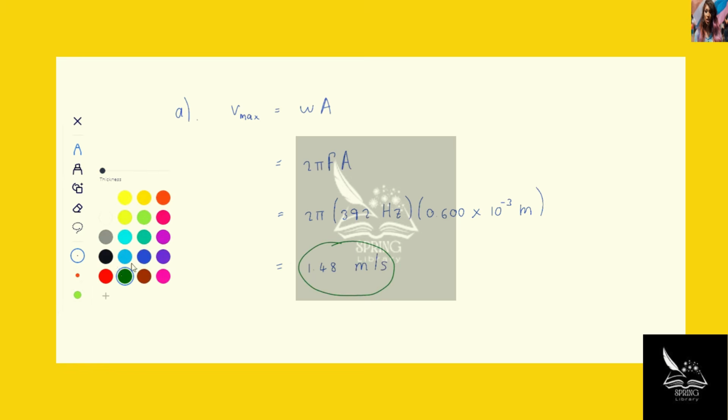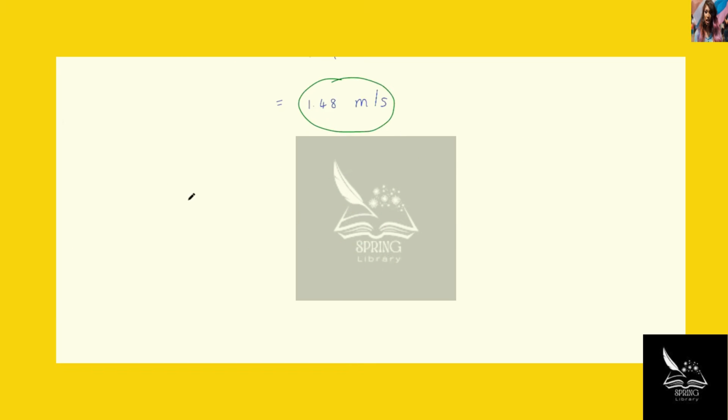Now that we have the maximum speed of the tip of the prong, we want to calculate the maximum kinetic energy of a fly that's holding on to one of the tips of the prongs. So the maximum kinetic energy, we'll call it Kmax, we know is a half m v squared, where v is now the maximum velocity Vmax. So if we substitute our values into this, we can get the kinetic energy, assuming that all the kinetic energy is transferred to the fly, and that's a half times the mass of the fly,